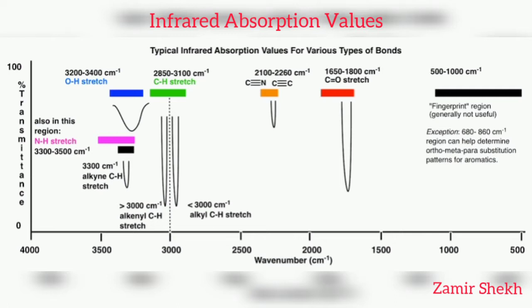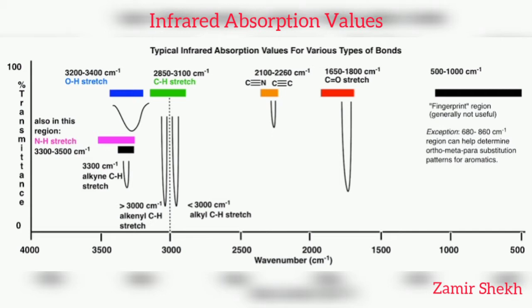bands are given. You know that IR spectroscopy deals with the study of absorption of infrared radiation, and that leads to changes in the dipole moment, and then you will see the absorption band appear in the spectrum. So according to this IR spectroscopy, you can find out the type of functionality present in our organic molecules. This IR comprises frequencies of 400 per centimeter to 4000 per centimeter.